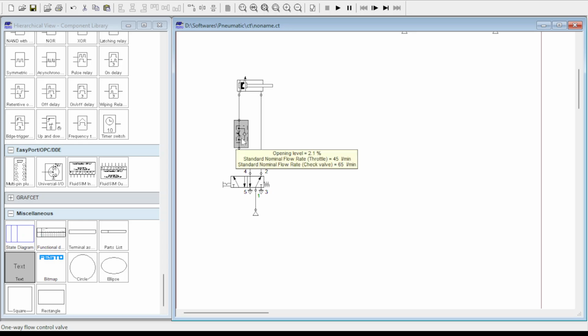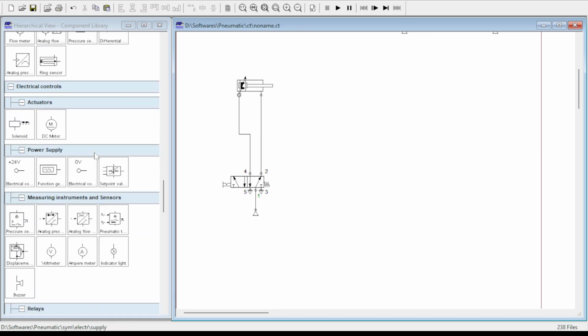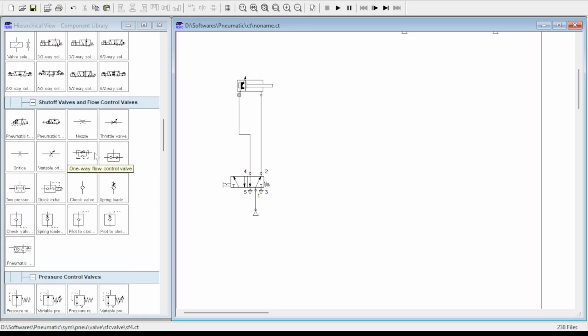Depending on which stroke you want to control, extension or retraction, you can connect a throttle valve in that connection line, such that you can open the throttle valve.